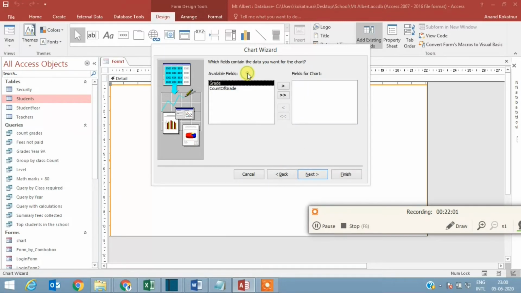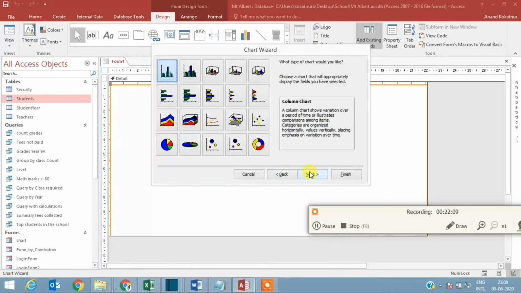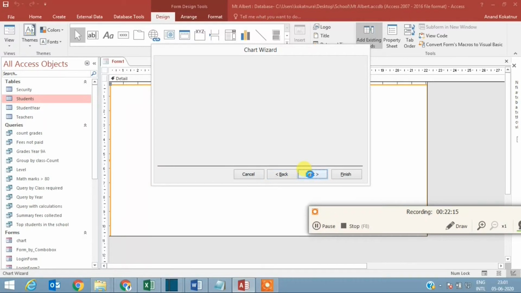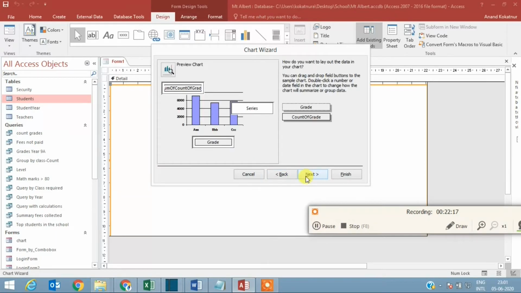Count grades, I think it was. Let's go in for a bar chart. Should give us a preview. Next,